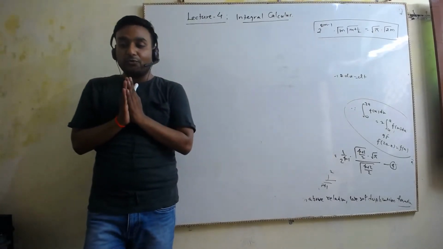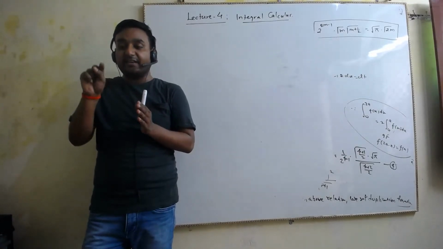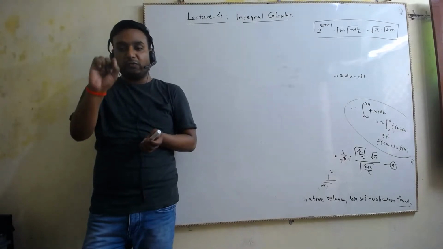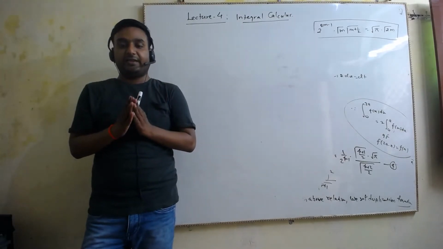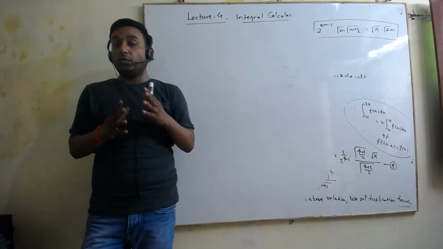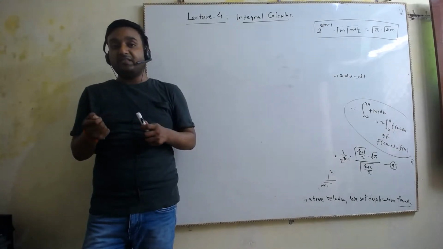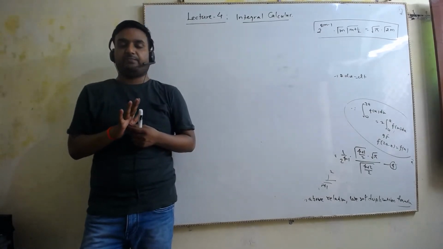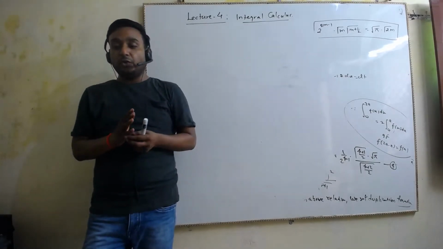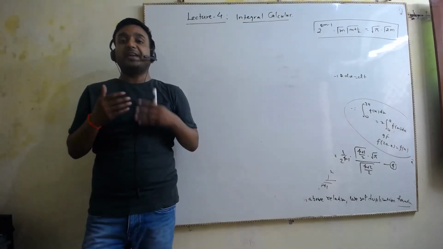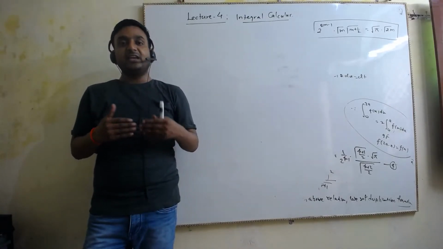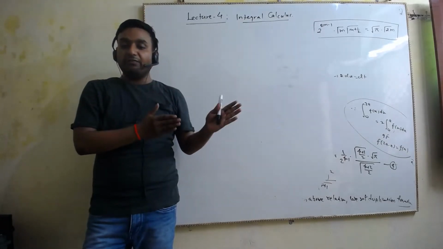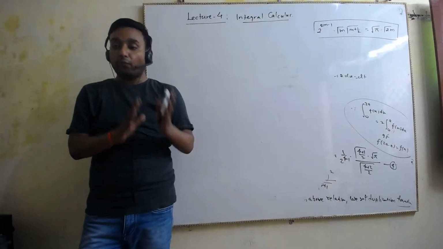So whatever integrations we have done as examples in lecture 1, please note down all those final formulas at one place and keep revising them, because if you don't remember those formulas in the mains exam hall, you will be wasting your precious time. Okay? In lecture 2 we learnt about properties of definite integrals, right? Then we learnt about the Leibniz rule as well. Fair? Then today we have learnt about the beta gamma function.